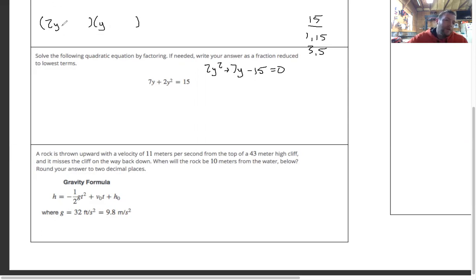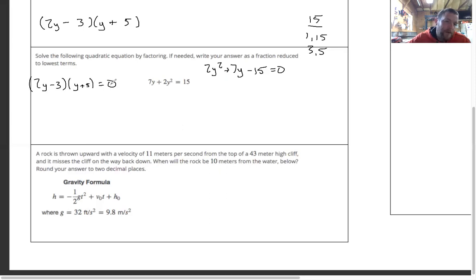Okay. So if I look at this, if I put 5 opposite of 2, I'm going to get 10, because 2 times 5 is 10. And then if I put 3 opposite of y, I'm going to get 3. 3 and 10. Which if I look at 3 and 10, it has to be plus 7. So I make this one positive, this one negative, and that would be your 2 solutions. Okay. This factors out. Okay, so I have 2y minus 3, y plus 5